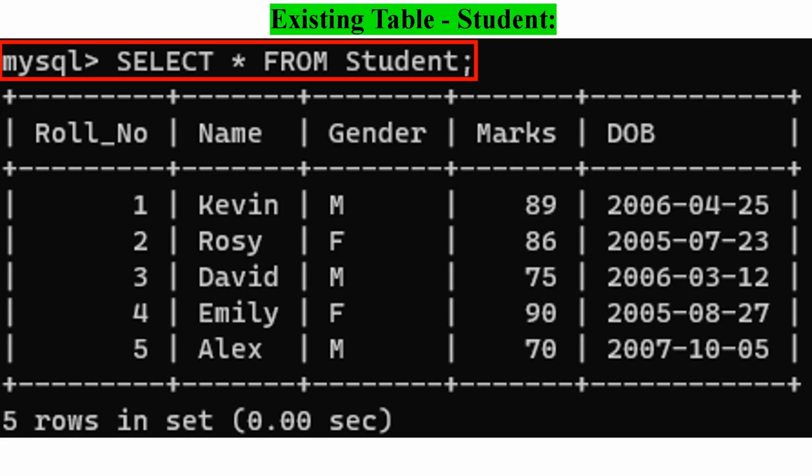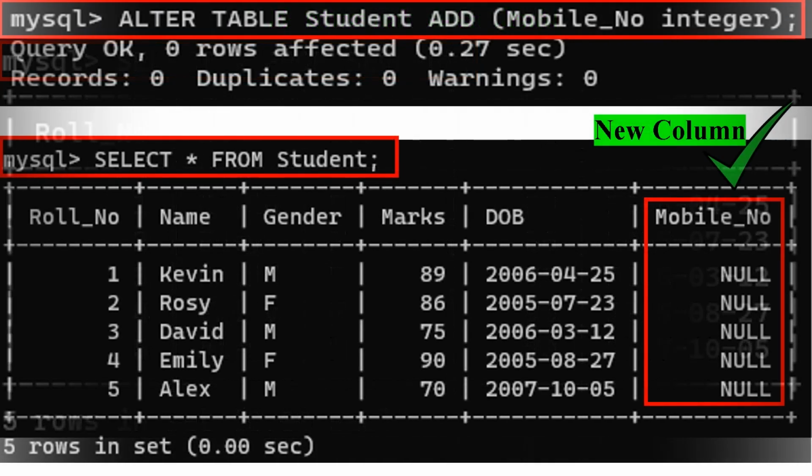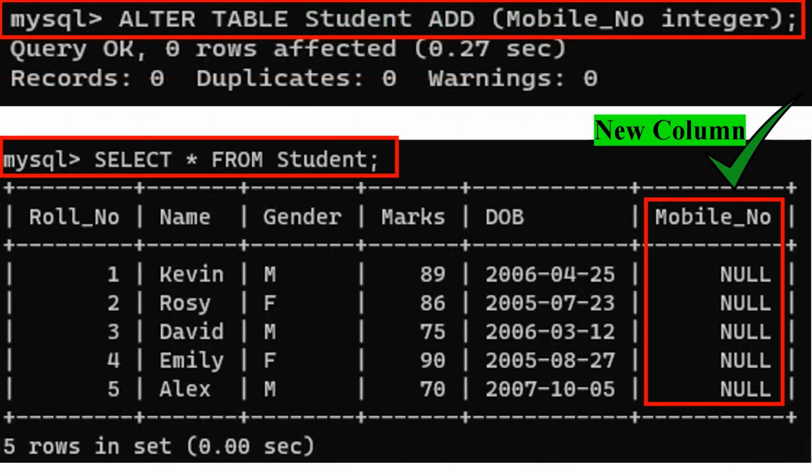To view our table with values inserted, we have to type the statement: select * from student; Now, look at the table student here. It has 5 columns named roll_no, name, gender, marks, and DOB. We will add a new column, mobile number, to the student table using the alter table command. So, we type the statement in the MySQL prompt as: alter table student add (mobile_no integer); Now, to view our altered table, we have to type the statement: select * from student;